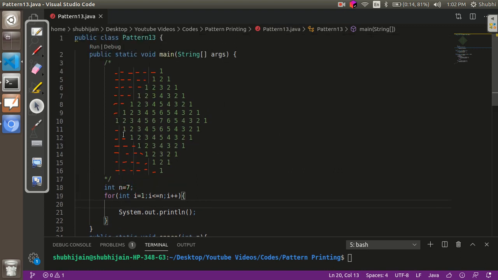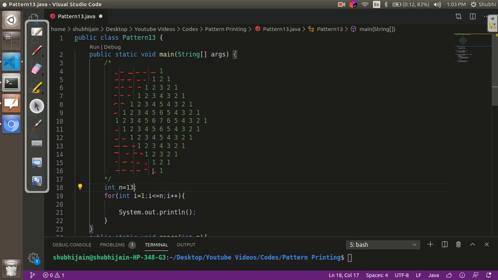So what we are going to do is first calculate till which point the numbers are increasing, and we will have to add an if else block to handle this, so that one part of the if block takes care of the top half of the diamond and the other part takes care of the lower half. Now over here the number of rows is 7 plus 6, that is 13. So let's do it for 13. Now in 13 rows, the break point is 7, that after the 7th row the number of elements start